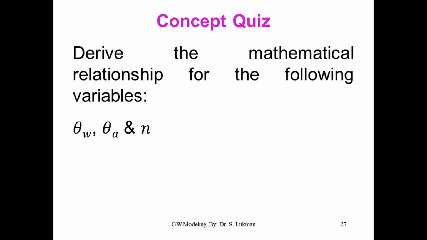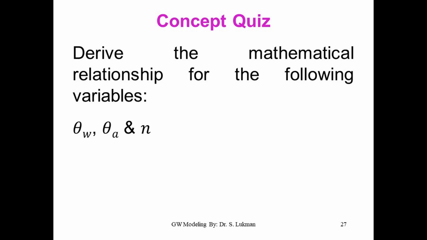I said derive because I know some of you will be thinking about some complex mathematical relationship, while it is not. It is from first principle, simple definition of these terms. What is moisture content? For water, the amount of water over the total volume, the amount of water within the porous media. For air, the amount of air within the porous media. Mathematically given by volume of water over the total volume, and for air, volume of air over the total volume, isn't it?